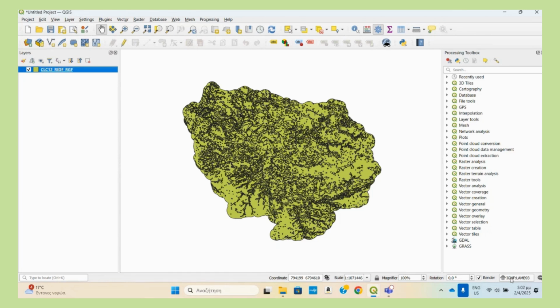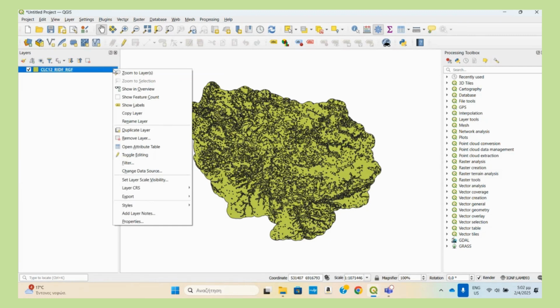And this is something that I wanted you to know, that once your original data has this information, QGIS automatically changes its default system to the system of the shapefile that already has this coordinate system. Now you will tell me I don't see anything. Okay, you are right. You don't see anything, but the CORINE Land Cover, which I repeat, is the European nomenclature for land cover in Europe,